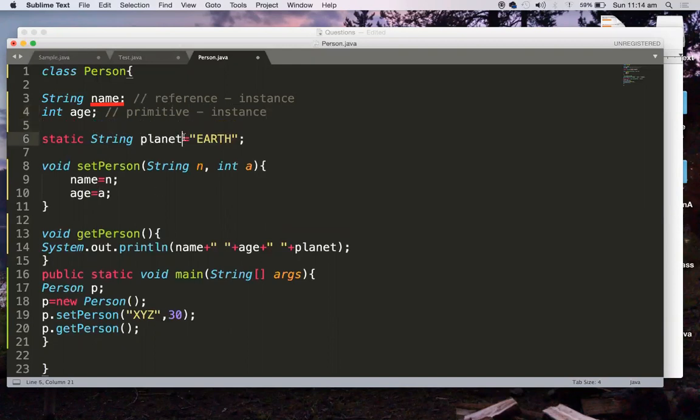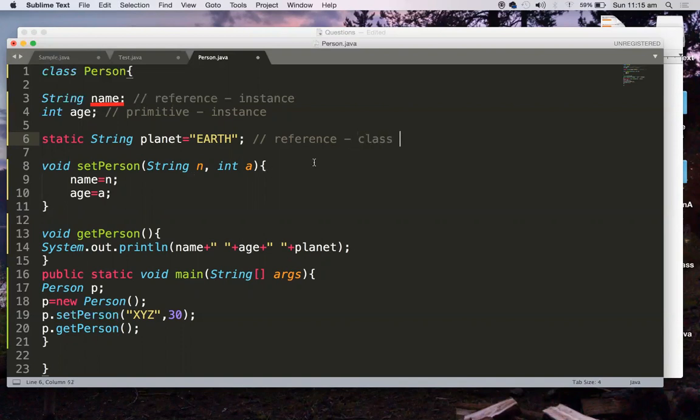Then coming to planet, planet is of type String, so it is a reference variable, and this planet also has a modifier called static, so it is a class variable.